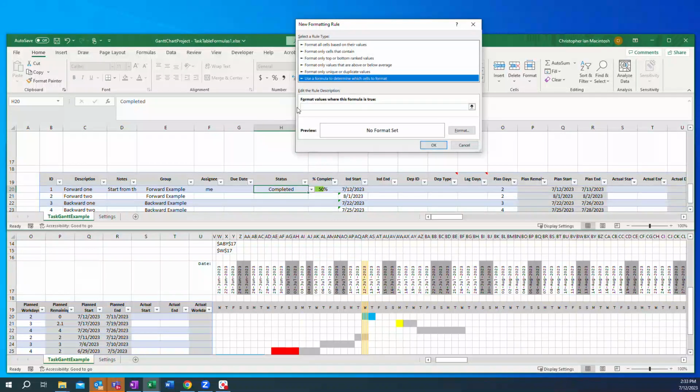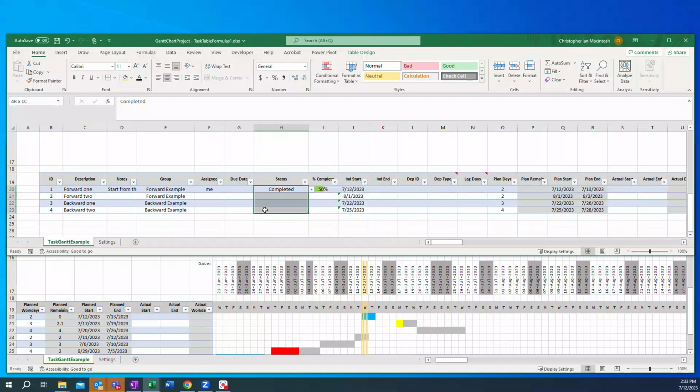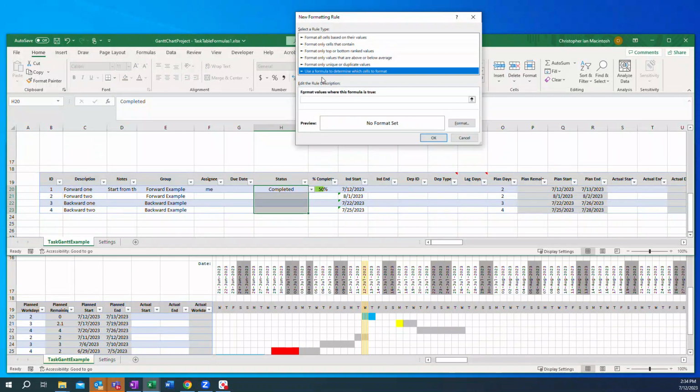So here, if we have this status of completed, that's in H20, so equals H20. I think I might need to select all the ones in the range. Let's try that. Okay. Now let's go to conditional formatting, new rule, use formula